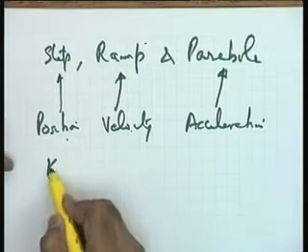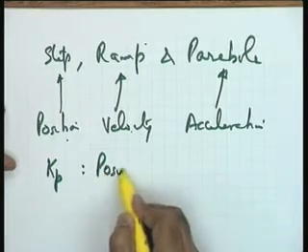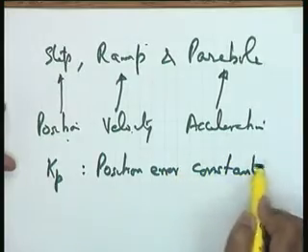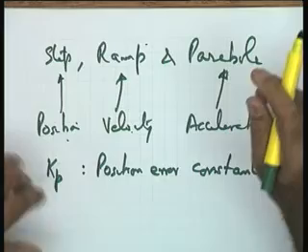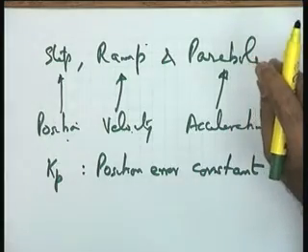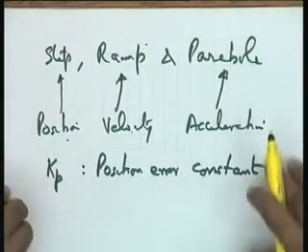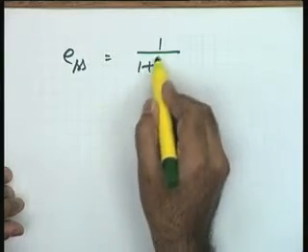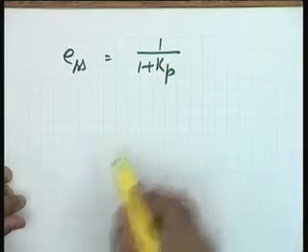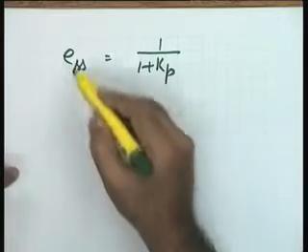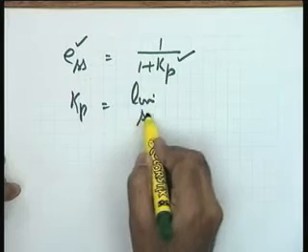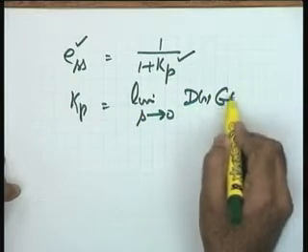In the literature, Kp has been referred to as position error constant. But you will definitely keep in mind that this position error constant really does not mean that it is applicable only to position control systems. It is a very general term, may be applicable to any system wherein the step input is being given, and for that system I can say now the steady state error is equal to 1 over 1 plus Kp, and this steady state error can now be given in terms of ESS or Kp only, where Kp, let me give you as a final formula, is limit s tends to 0 ds/gs.